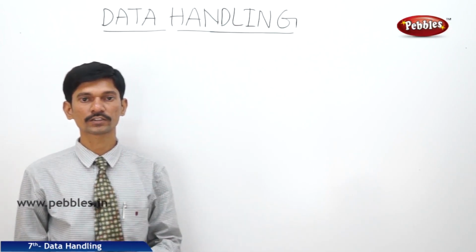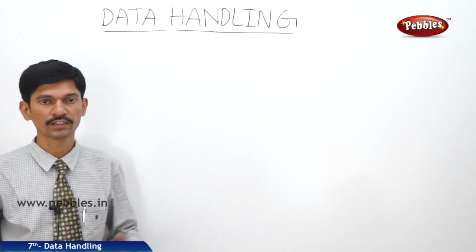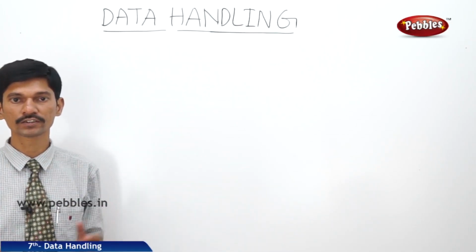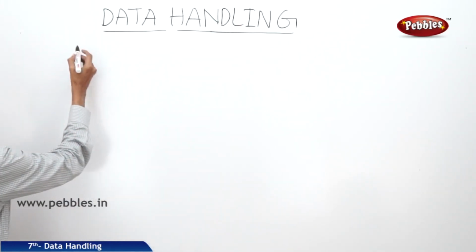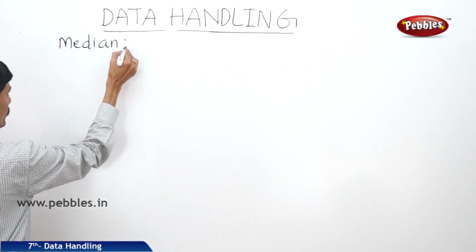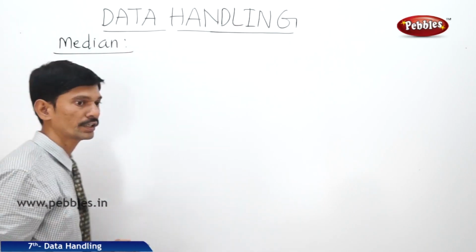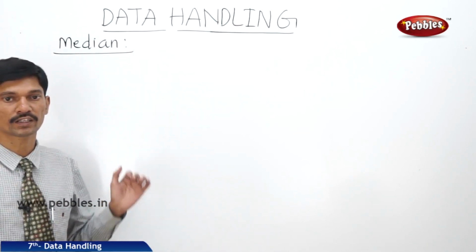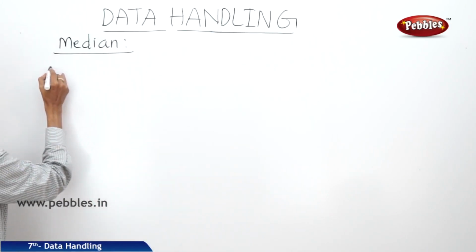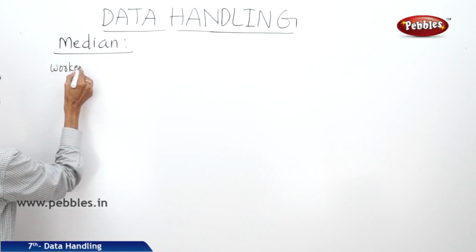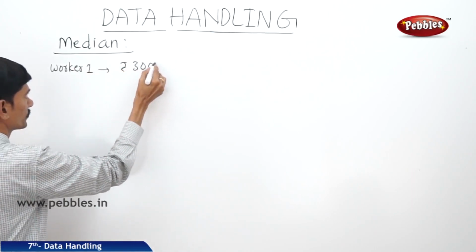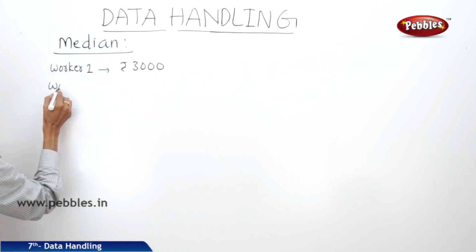Now let us learn about the third representative value, that is the median. The first two representative values are mean and mode, and the third representative value is the median. Now if you want to find the average salary or mean salary of 5 workers in a company, for example, the salary of worker 1 is 3000 rupees, the salary of worker 2